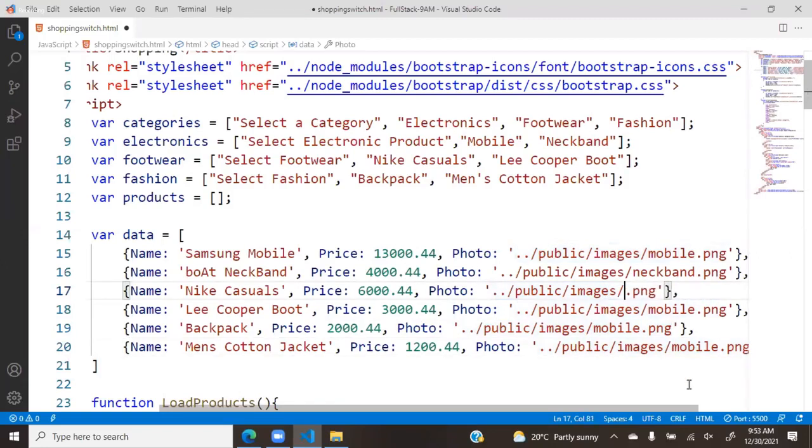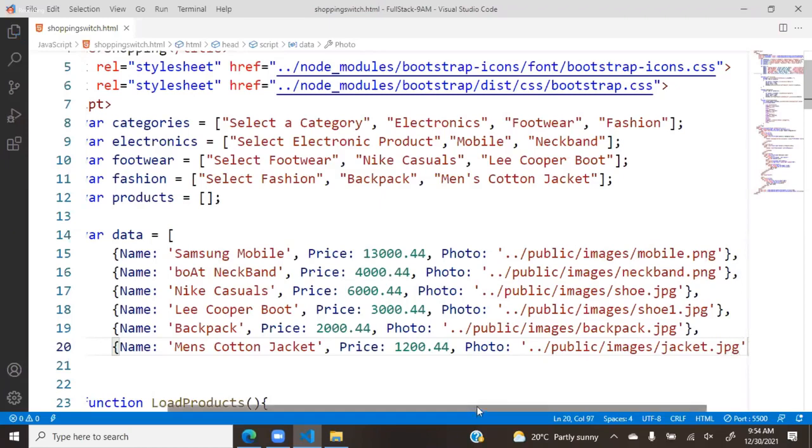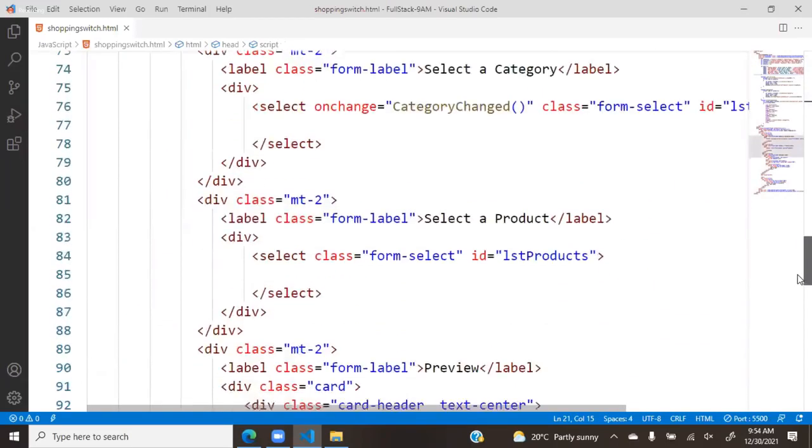So this contains shoe.jpg in that location. We have shoe1.jpg in that location, and we have backpack.jpg, and one more we are having is jacket.jpg. Okay, now what should happen is, when the user is selecting the product, that means on this product change, so